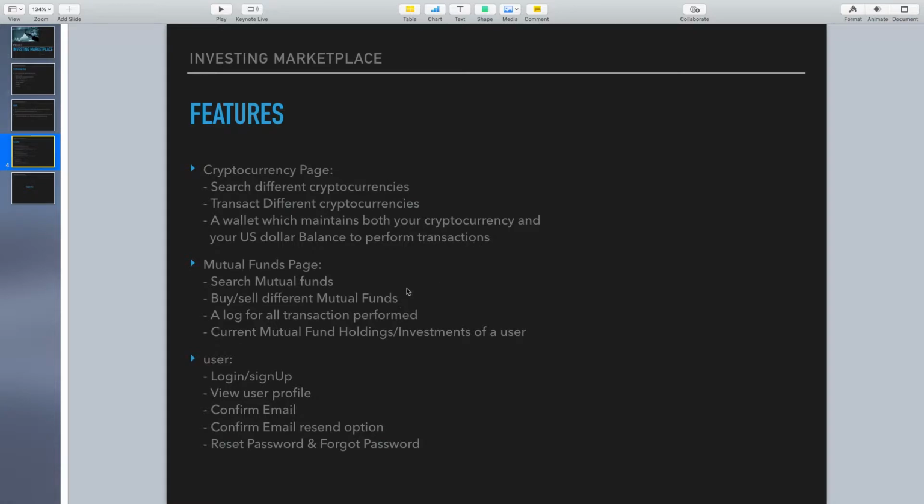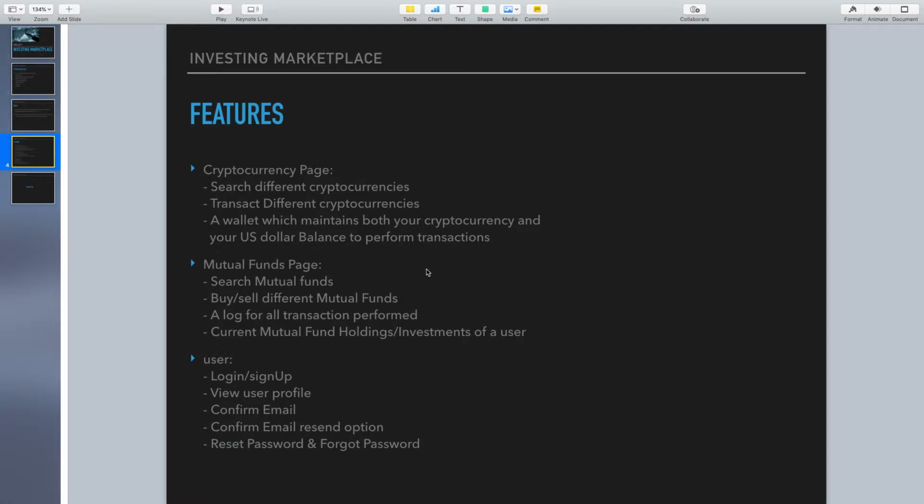is sold. Then there's the mutual fund page, where we also have an exhaustive list of mutual funds. You can search different mutual funds. It gives you the fund family, scheme code, name, the present NAV, the date of its inception and stuff like that. And there's a custom field where you can search according to your preference.